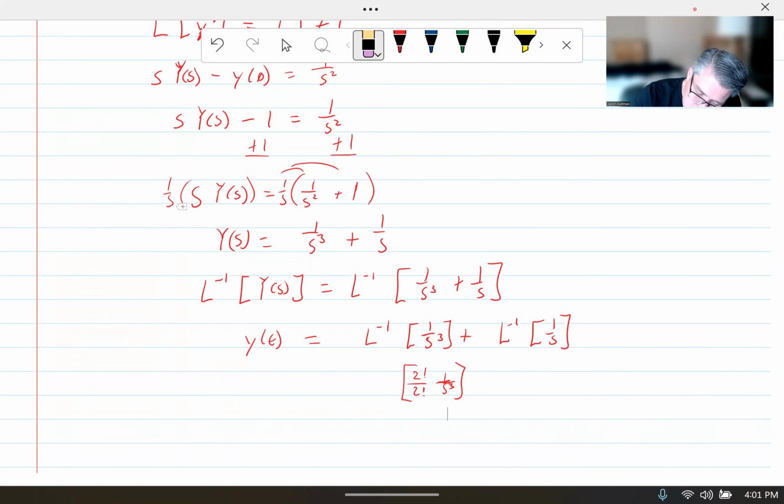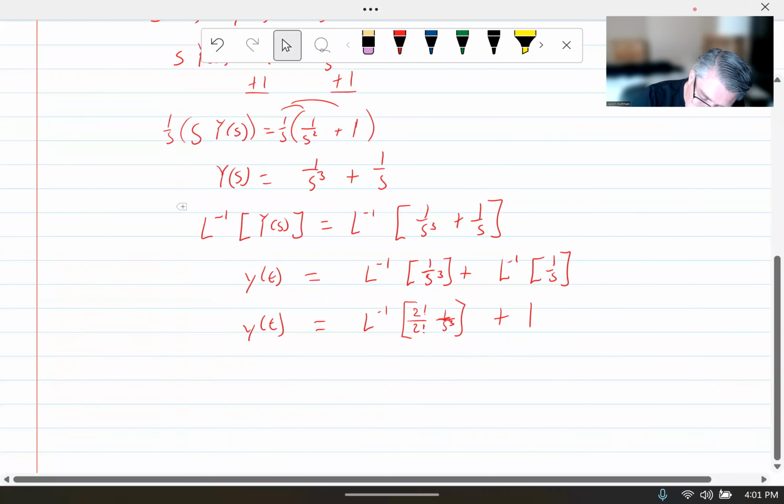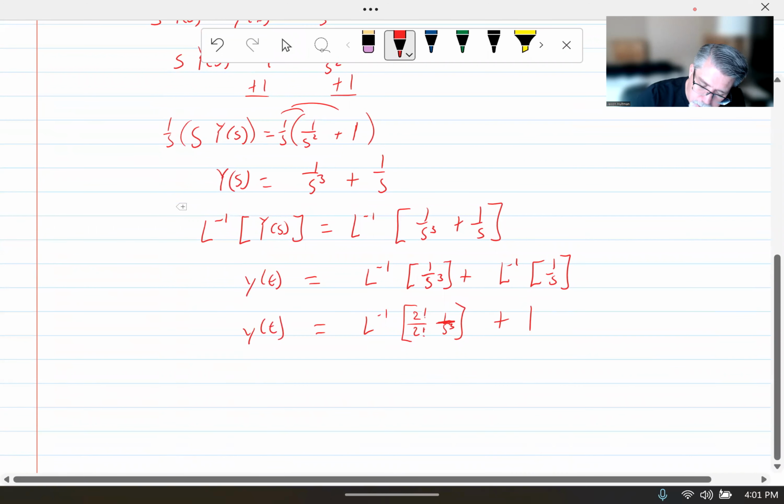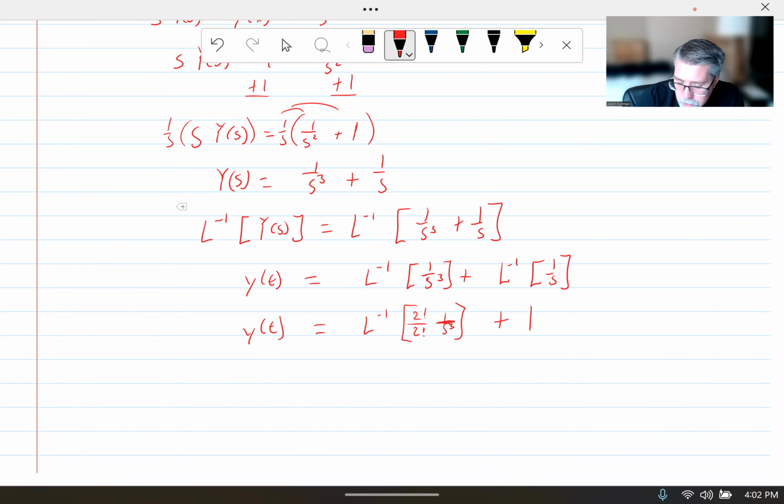And that 1 over s is just 1, the y of t. Okay, and so now I could pull the 1 over 2 factorial, which is just 1/2. I could pull that 2 factorial on the bottom outside. So that's 1/2 times the inverse Laplace transform of 2 factorial over s cubed